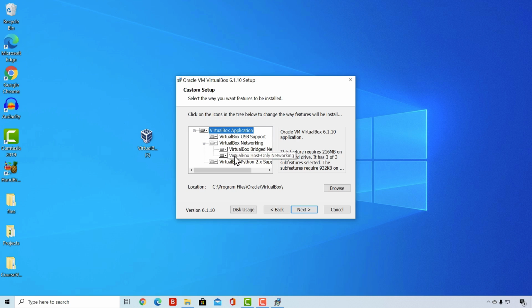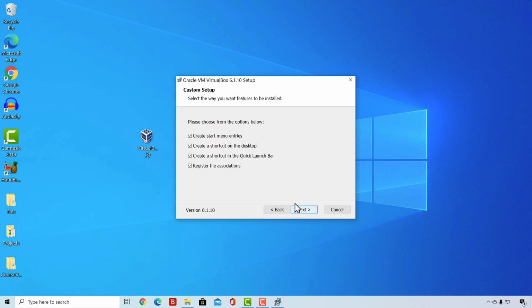And the only thing that you might consider changing right here is this location part. If you want to change the location of VirtualBox, you can do that right here, but since I won't be doing that, I will just click on next to proceed to the next step. Here you can select whether you want a shortcut on the desktop, whether you want start menu entries. I will leave all of this checked since I want all of that,